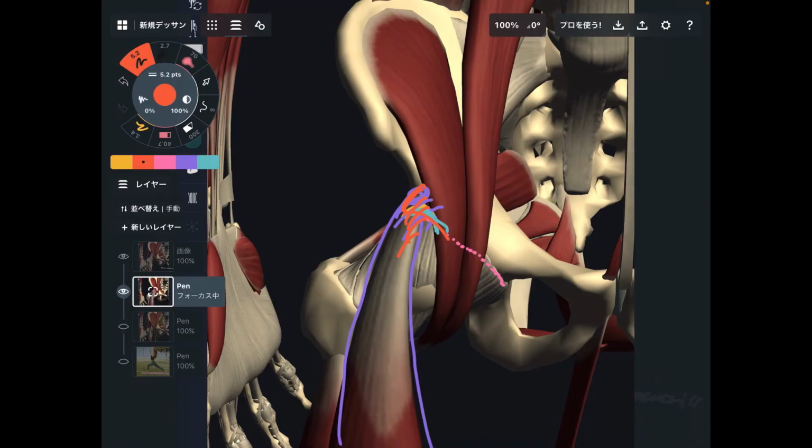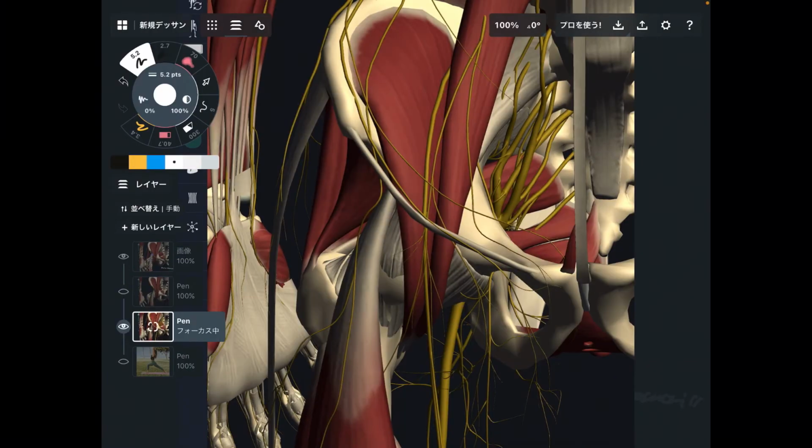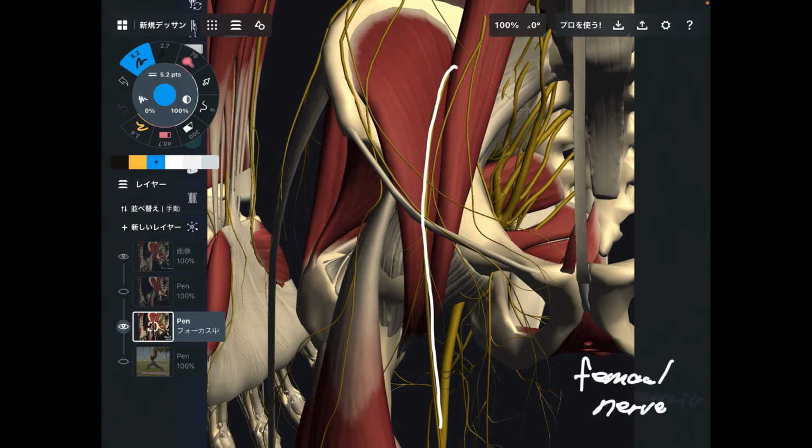Actually, the next one is not a muscle. The next one is nervous tissue. You see many nervous tissues. I want to talk about this guy. This is the femoral nerve. The femoral nerve is from the lumbar spine, emerges here, then passes on the anterior part of the hip, right here. So no doubt, if the femoral nerve gets tight, that affects hip pain. Plus, the femoral nerve sends a sensory branch to the anterior part of the hip joint. So if the femoral nerve is somehow aggravated, that creates pain around here.